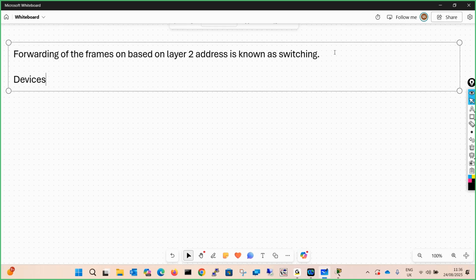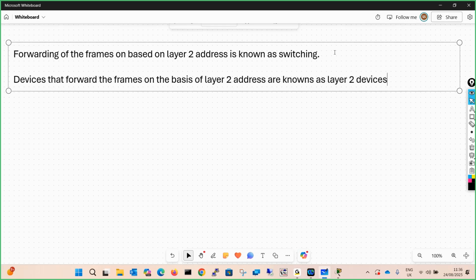Devices that forward the frames on the basis of layer 2 address are known as layer 2 devices, such as a layer 2 switch.